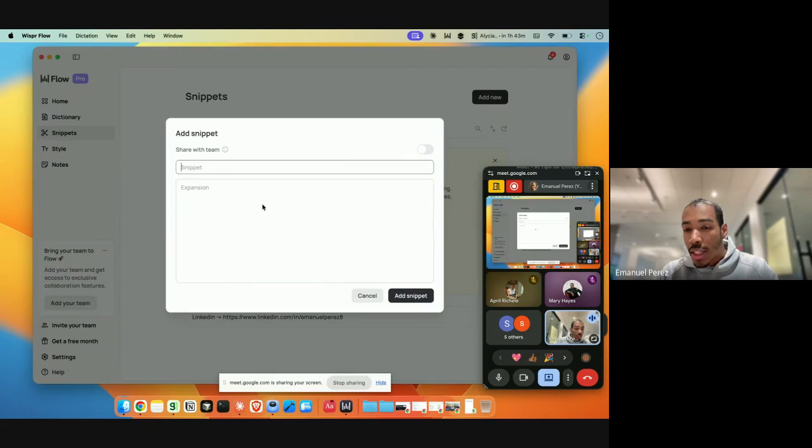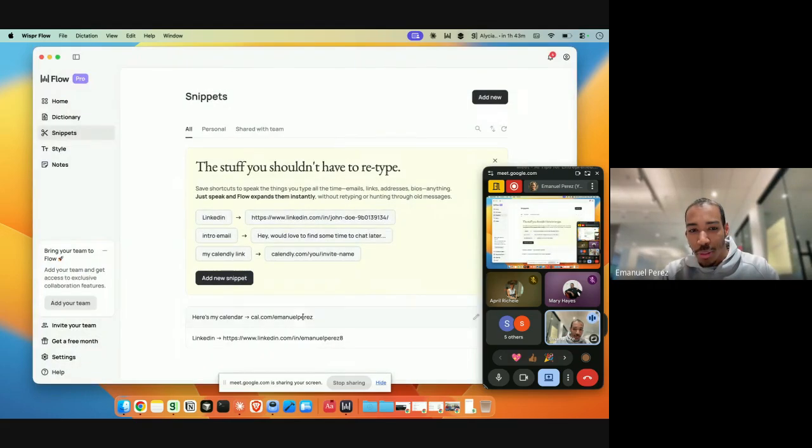And so if you have a calendar link, for example, I commonly say, here's my calendar. Here, I know my calendar link by heart because I've typed it out so many times. It's cal.com/Emmanuel Perez, I think, is that snippet.